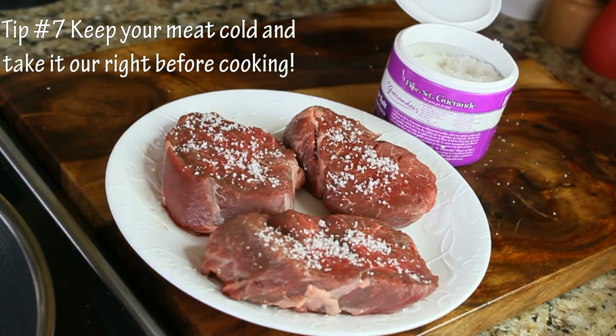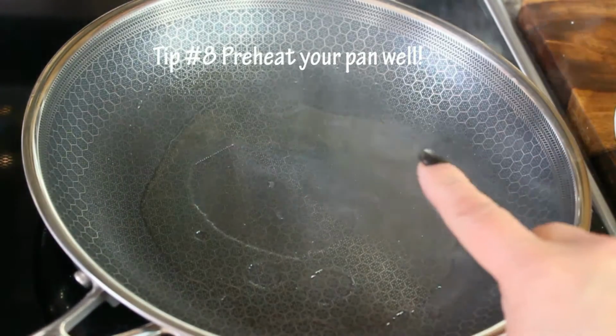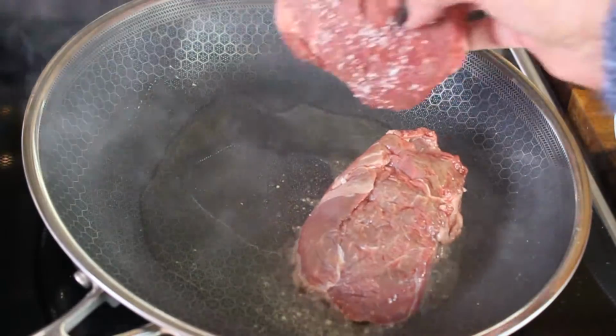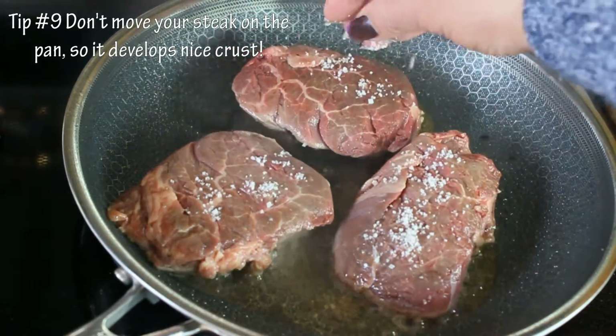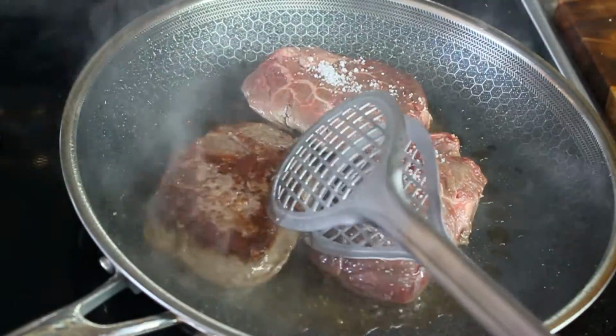So we need to season it generously with salt, and always drop your steak on a sizzling pan, because when your pan sizzles, it allows you to create a nice crust on the steak and seal the juices. Sear your steak for about 2 minutes, then season the other side of the steak, and then we're gonna turn it over